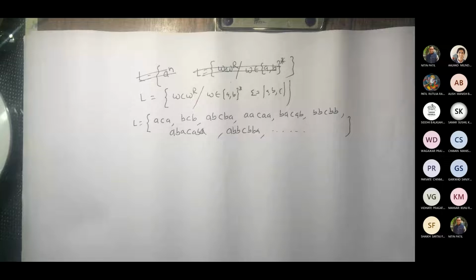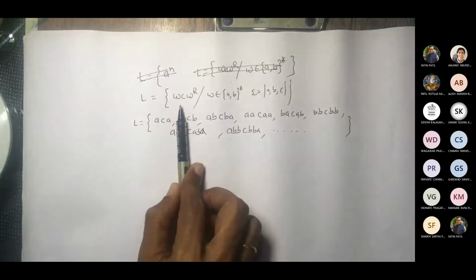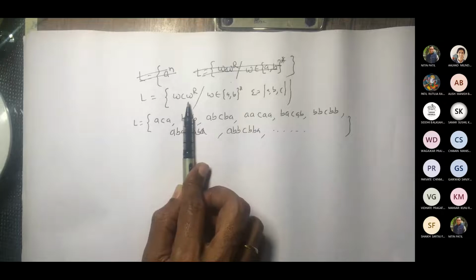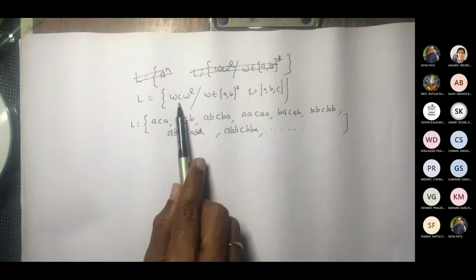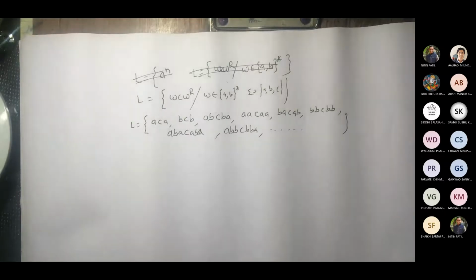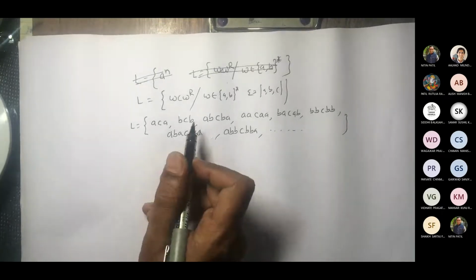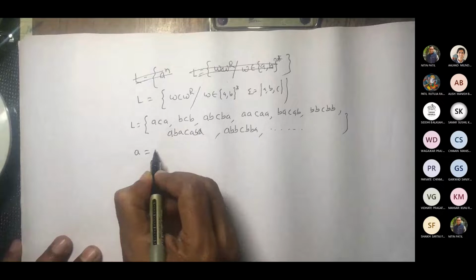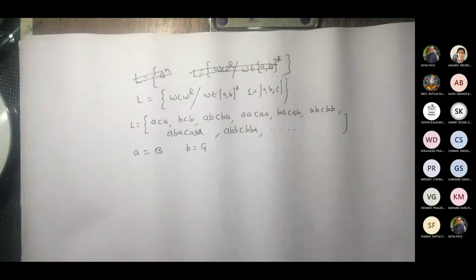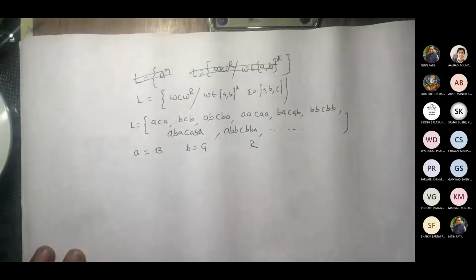Okay, so now we have to design this. We know this C is going to tell us that my original string ended, and then my reverse would be starting. So what we'll do is before this C, we'll push, and after the C, we'll pop. Now I'm introducing different color plates for A and B. Let us say for A, I'm going to push blue, for B, I'm going to push green. And at the top of the stack, already my R is there.